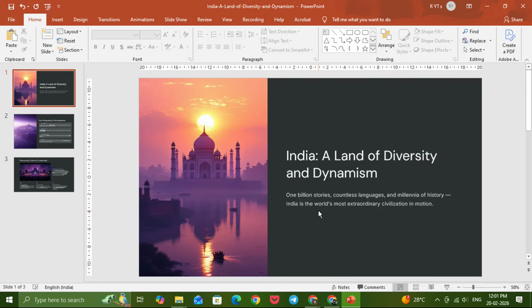The first and most important thing you need to check is whether you're using Microsoft 365. The Icons feature is primarily available in the subscription version of PowerPoint, which is Microsoft 365. If you're using an older one-time purchase version like Office 2016 or Office 2019 non-subscription, the Icons feature may not